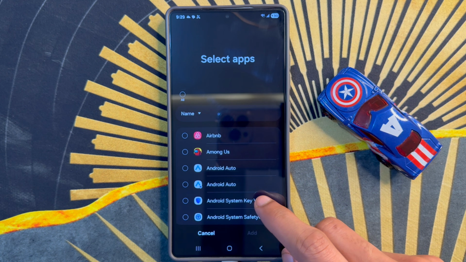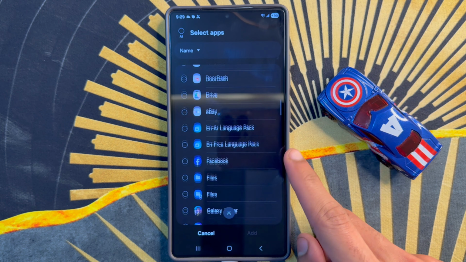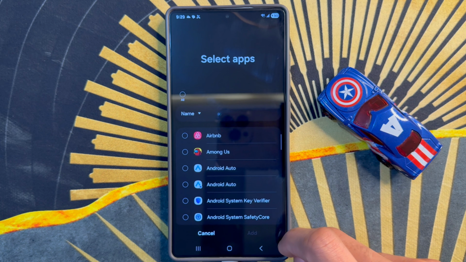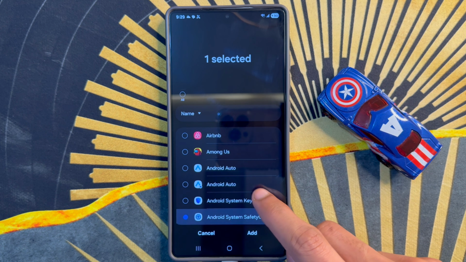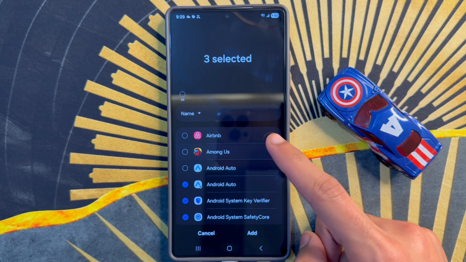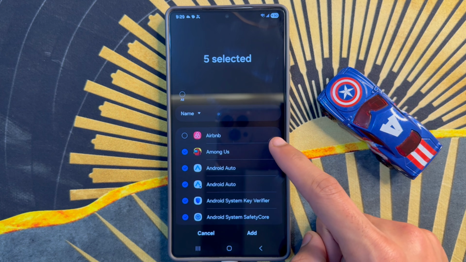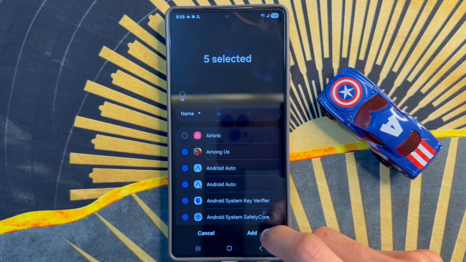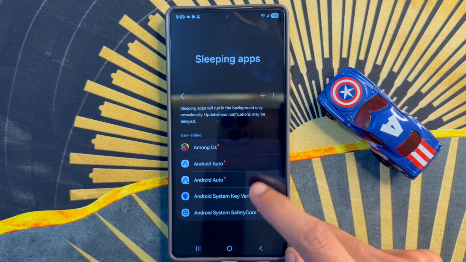So after clicking on this plus icon, you will see apps here. So if you want to add sleeping apps, select apps from here. After selecting apps, click on add. So after clicking on add, you will see apps are added on